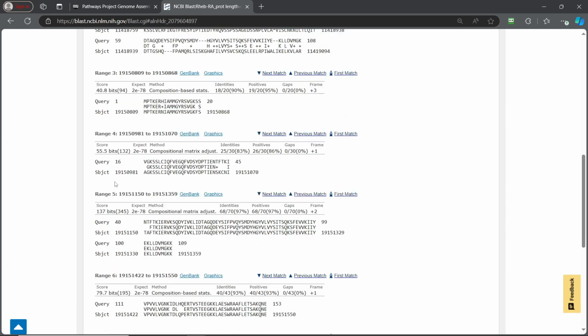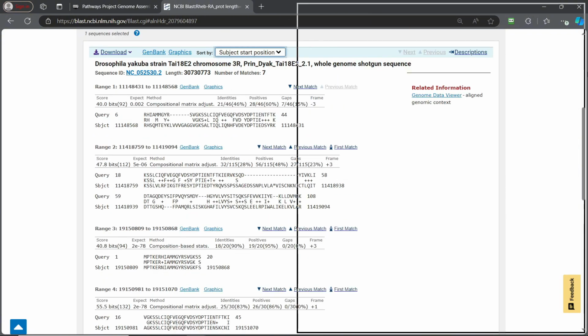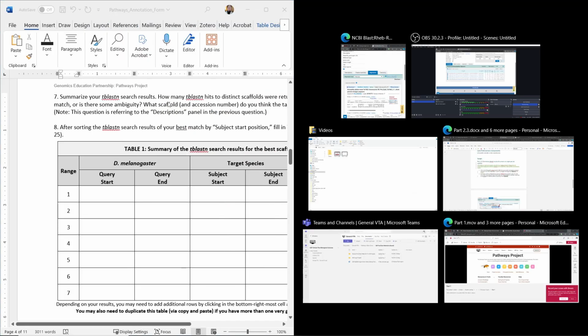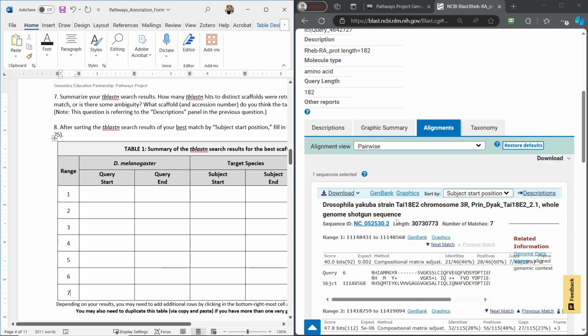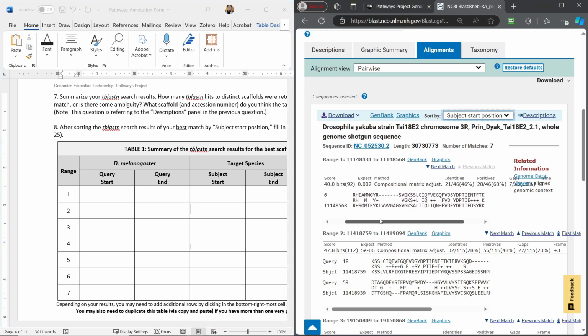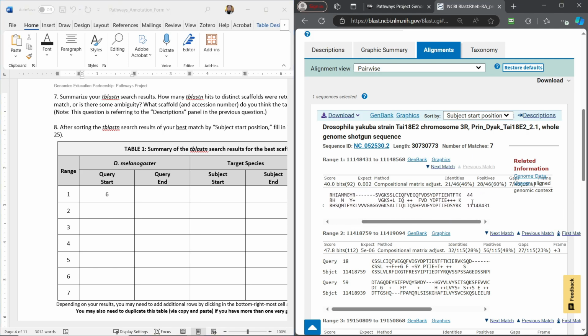Now I'm going to move this over here to the right, and shrink this over here to the left. When we shrink this to the left, we will be able to see pretty much everything exactly how we need to see it. It's just a little bit of additional navigation, but that's okay. So our query start is this region here where it says query start 6. Notice that I could put 6 here, and for our query end, we want to drag all the way over, and that 44 is where everything ends.